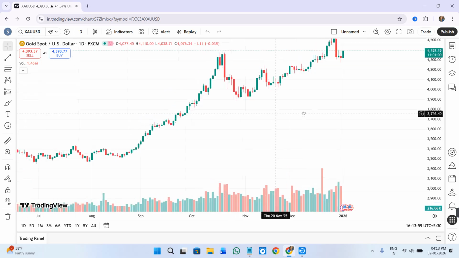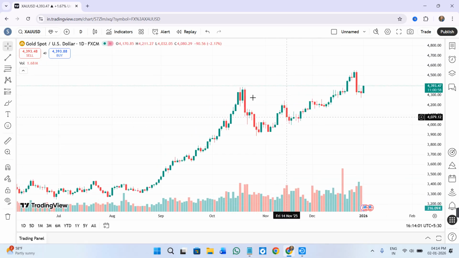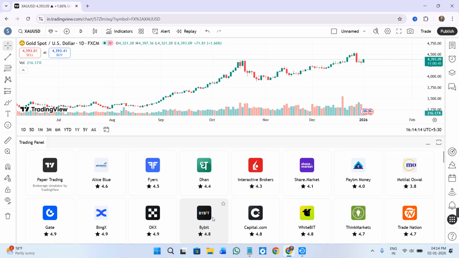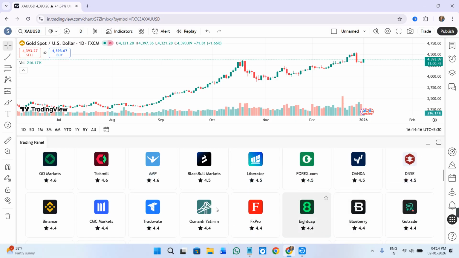So once you have opened the chart in front of you, on this particular page, click on the option of trading panel in the bottom left hand corner of the screen. Now, when you see this type of list of brokers in front of you, click on the option of show all brokers. Now, it will show you the list of all of the brokers which can be easily connected with